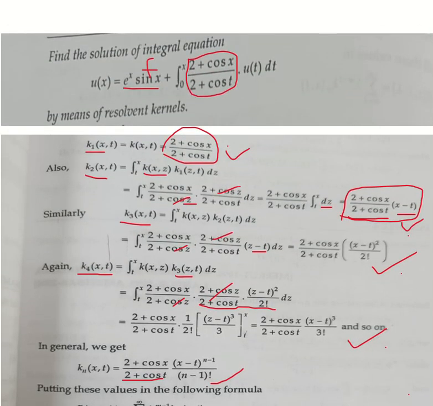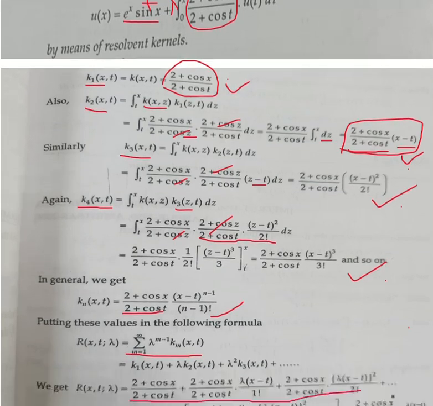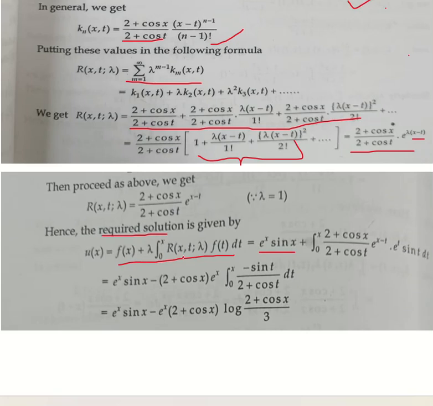So here this is the place for lambda, right? If you write the formula, this is the place where there is lambda. In the question there is nothing, it means lambda is 1, right? So we are going to write lambda as 1 in my formula. So I have written here nothing. 0 to x, resolvent kernel value. So this is my resolvent kernel into f of t. Instead of x I am going to write t, so e power t sin t.